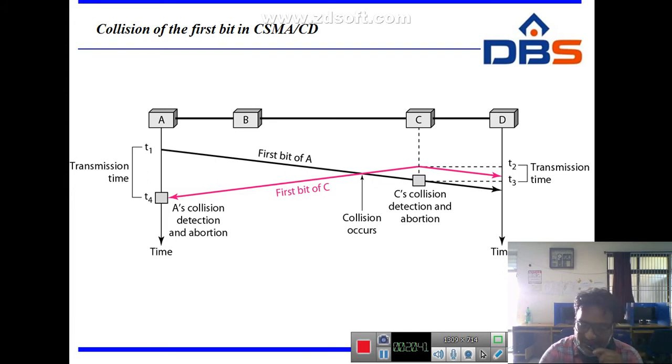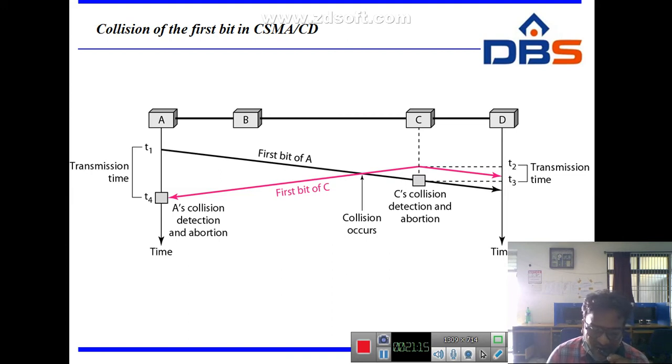So the CSMA method does not specify the procedure following a collision. So the carrier sense multiple access with collision detection is the algorithm to handle the collision. In this method, a station monitors the medium after it sends a frame to see if the transmission was